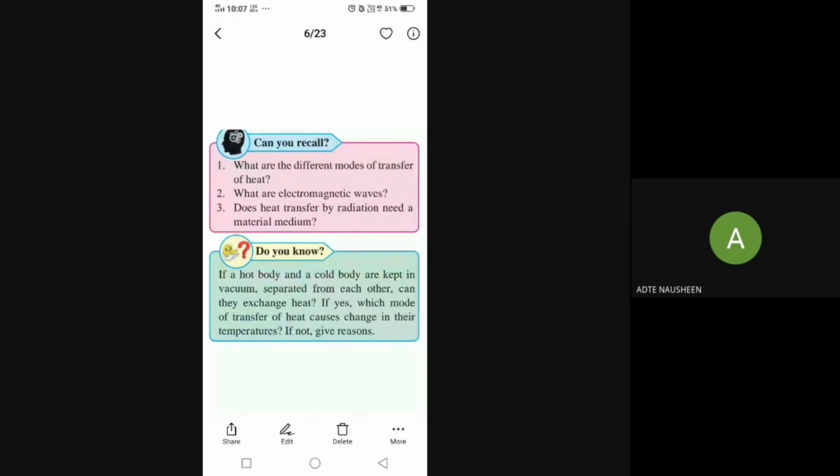For example, we have a metal rod, and if the metal rod is heated from the left side, automatically it gets heated, and finally we get an entirely heated rod. It means the heat transfer takes place from left to right. If we heat the metal rod on the left side